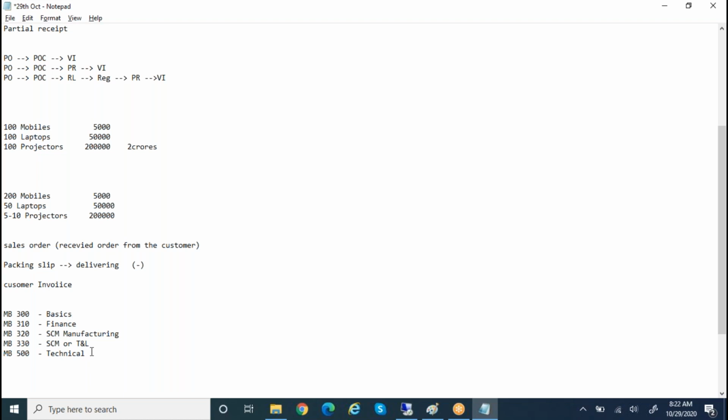So tell me, what is your doubt here? What are these, is this a code? MB 300 is a certification from Microsoft. If you want to clear the certification for 310, it is a must to take 310 and 300; only 310 is not sufficient.